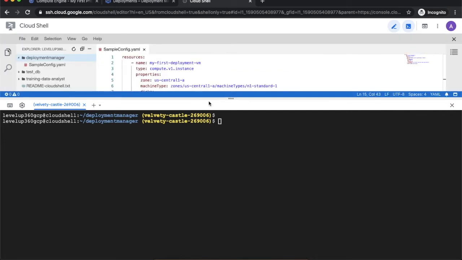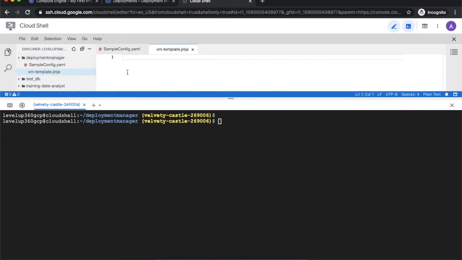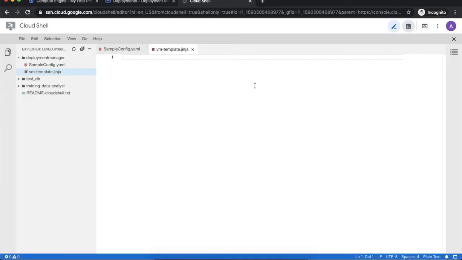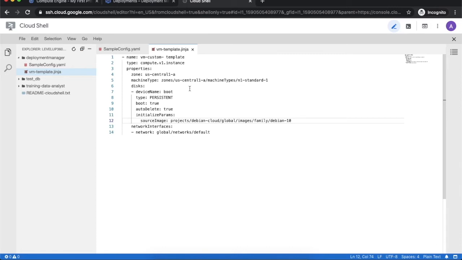Hit enter, and this file is created. Over here I will paste this code, directly putting the resource template. This will be the name of my VM instance, VM custom template. The type, I'm creating the Compute Engine, the zone, then the image type, and the same thing like the source image and the network. Now the question is how we can use this particular template.